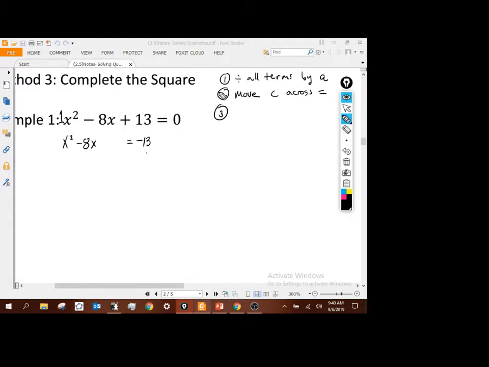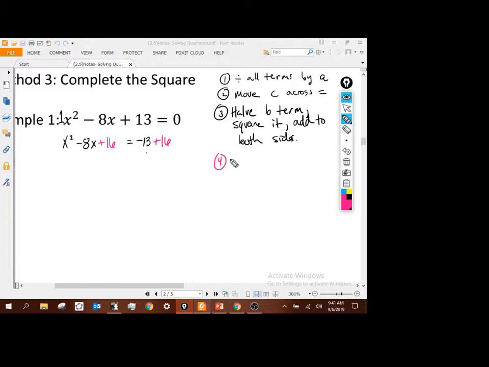Next thing you're going to do, you have your B term, square it, and add to both sides. So what's half of my B term? 4, square it, 16. Now that's always going to be a positive number, right? Yep. Okay, square negative, you get a positive. Square positive, you get a positive. So when we do that, then